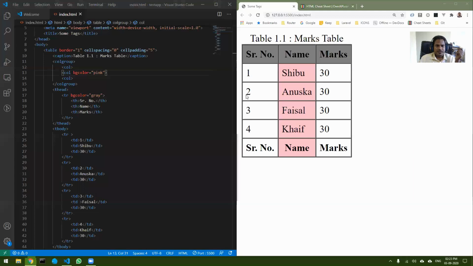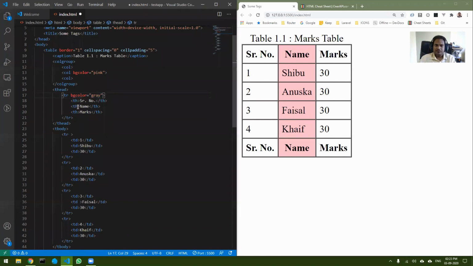Yes, Shaista, perfect, because this column is overridden by the head. In the head, you can see I have purposely added gray over here. So which one will take preference? This tr will take preference over the column. If nothing is mentioned over here, let me just remove this and save. You can see now it takes effect. So if I override it, then it will take that color.